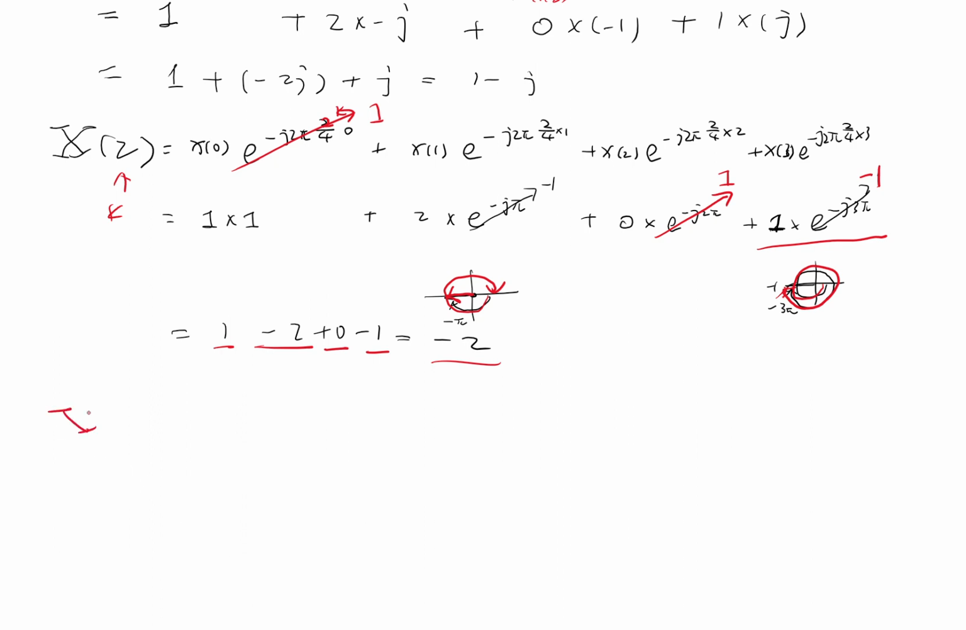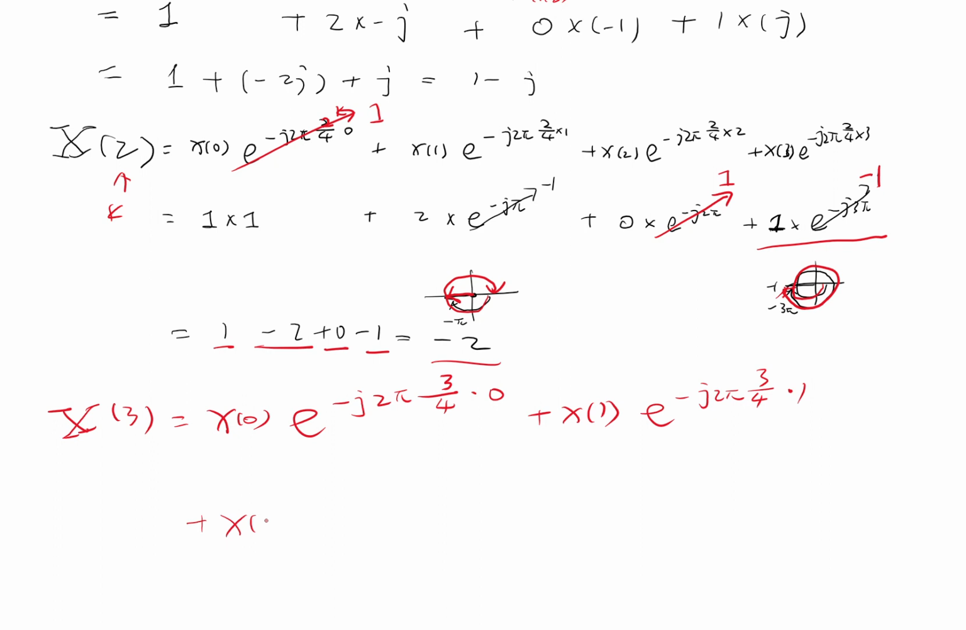So capital X3 equals lowercase x0 multiplied by e to the order of negative j 2 pi. This is n, so there's a 4 on top. That's 3, multiplied with the first term. Plus, sorry, this one will be the number 1, and e to the order of j 2 pi 3 over 4 multiplied with a 1. Okay, and the third term x2, e to the order negative j 2 pi 3 over 4 multiplied with